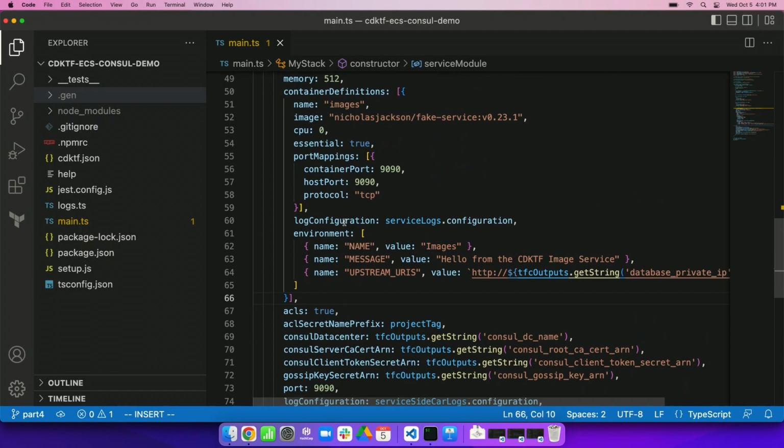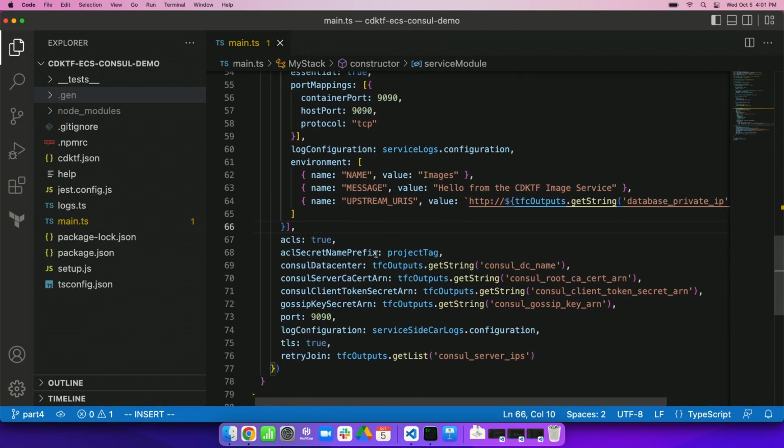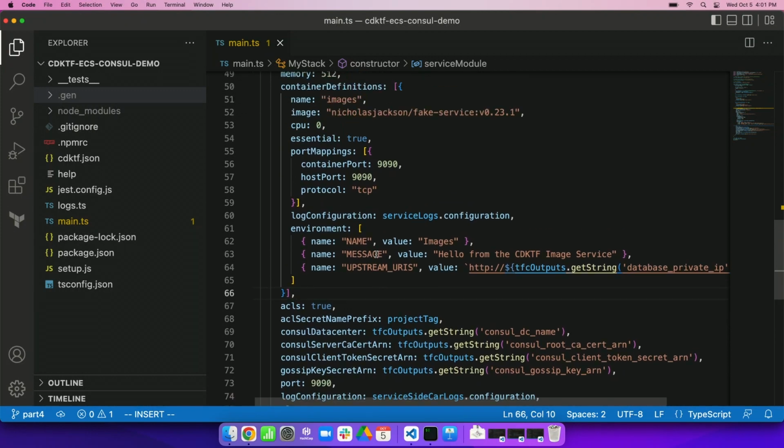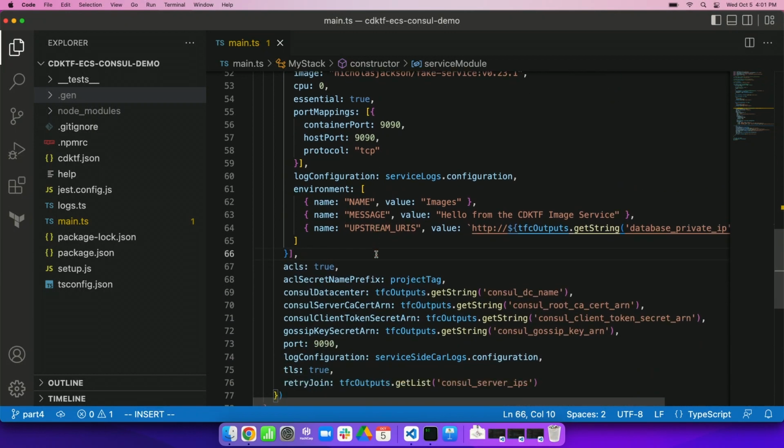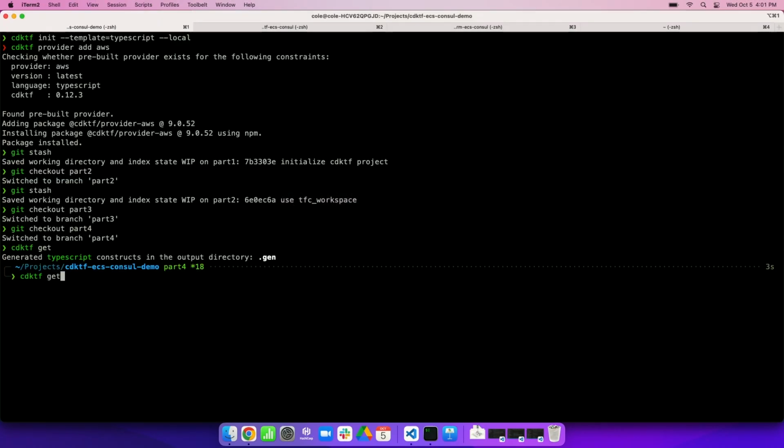But here we go. This is an example of using a module. So now you've got access to that entire ecosystem in the CDK for Terraform as well. So we've got our blueprint for a service because that's what a task definition is. The last thing we need to do is make an ECS service. And there's not much to talk about here because you've seen the workflow for it. So I'm going to fast forward one more time here